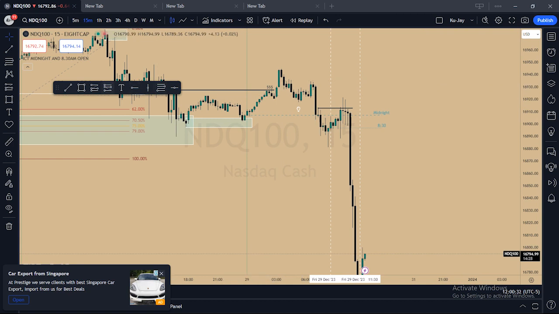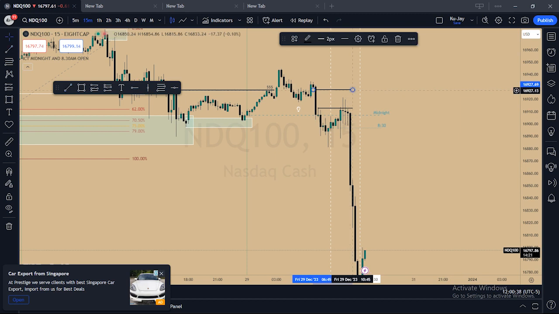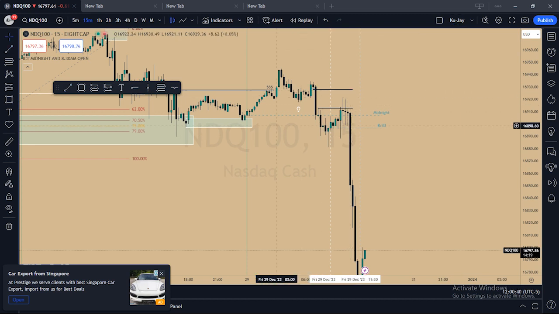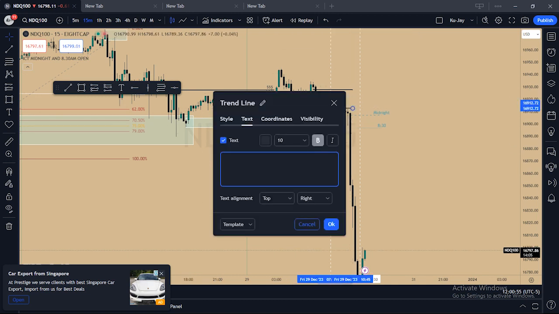I didn't take this trade. Mind you, I didn't take this trade. The reason why I didn't take this trade is because it's the last day of the year, and actually I did trade this week, but I wasn't supposed to. I don't trade in December. We shouldn't be trading in December. It's a bad week, a bad month to trade. So after creating this fair value gap, here there was a fair value gap created.